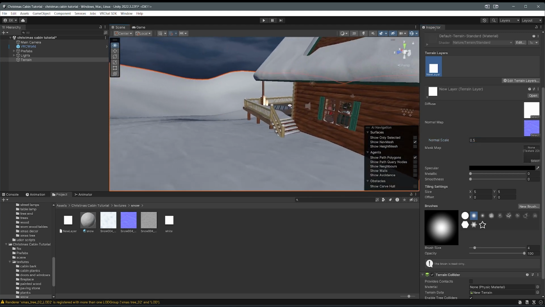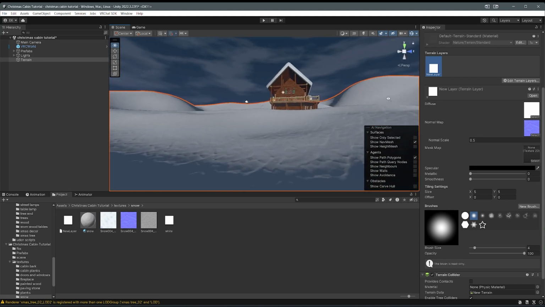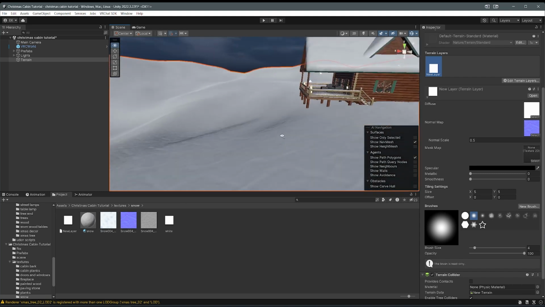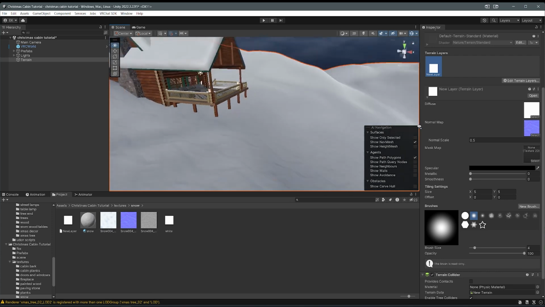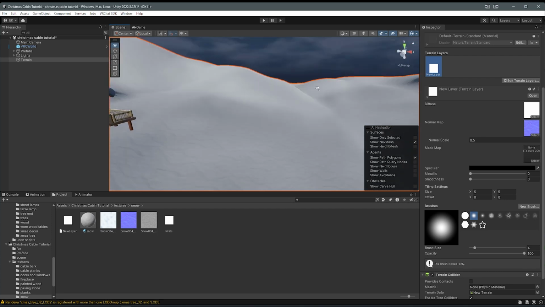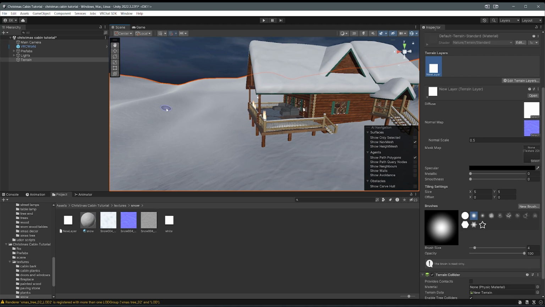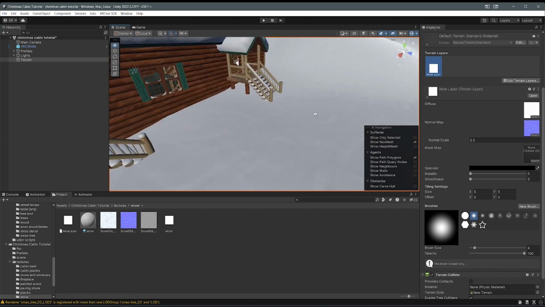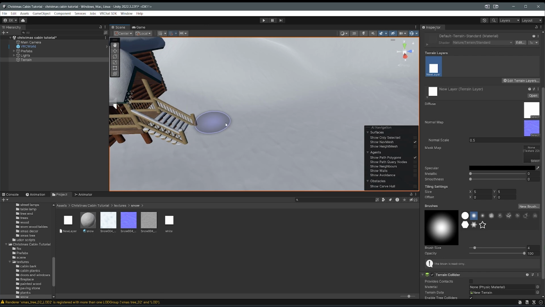That way it's not so harsh. I think I was a bit more extreme with the sculpting in this version than I was in the other version. It's a very lumpy world, but we'll work with it. It's fine. It's a cabin in the woods. So I also want paving stone, and I have that texture that I provided to you,